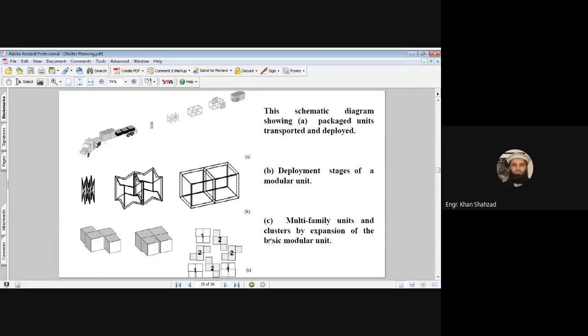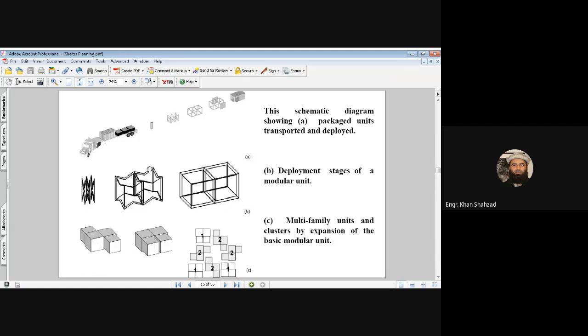Now we are talking about the shelters, the materials of the shelters, how you can make them deployable so that people can easily make them on site. They don't need experts or skilled people or laborers. Even you, by your own self, can take it out from the packed box and make your shelter by your own self. So this is a deployable system.